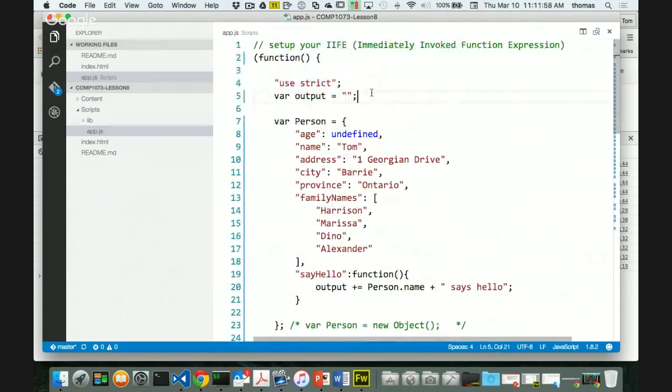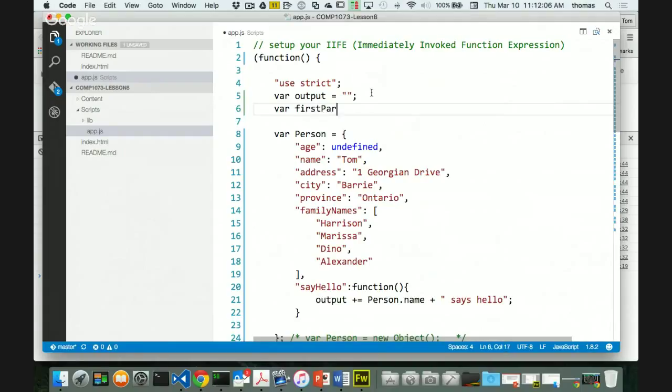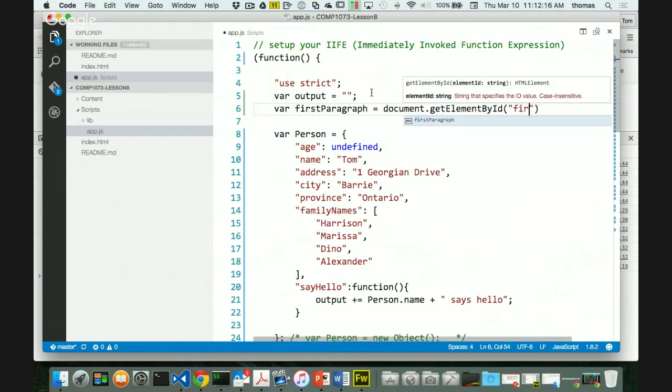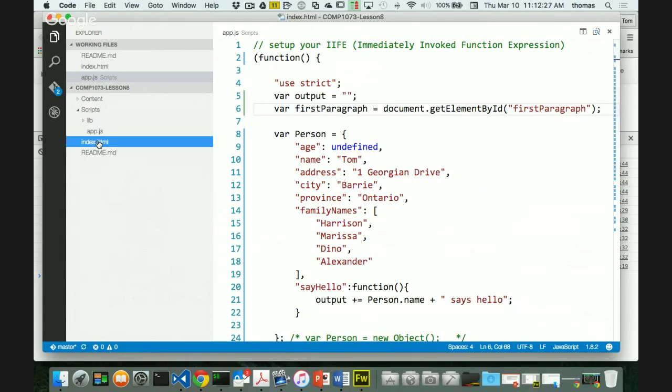That's another thing I need up here. I need a reference to the paragraph because I can't do anything with the HTML page until I create a binding, a reference to the paragraph. So I'm going to say var firstParagraph. We did this before, and this is from assignment 1, right? Is equal to document.getElementById, and we're going to call this first paragraph, right? First paragraph, right? So that's a reference to my HTML element, this first paragraph element, which is here in my